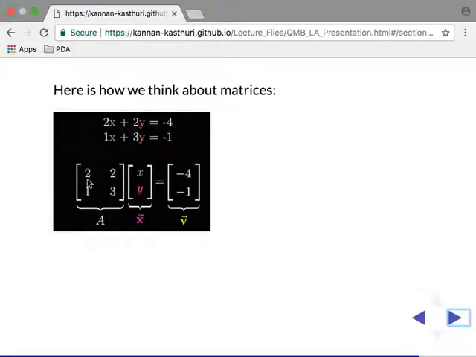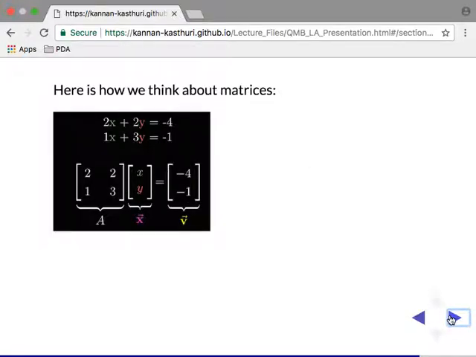Okay, you can think of solving it as a matrix. You have a matrix, you have a vector x, y, and then you can solve for v. So what does this mean? The transformation: find the original values of the point where it maps after the transformation. Let's say that i goes to 2, 1, j goes to -1, 3, and the final landing point is -4, -1. What was the original point?